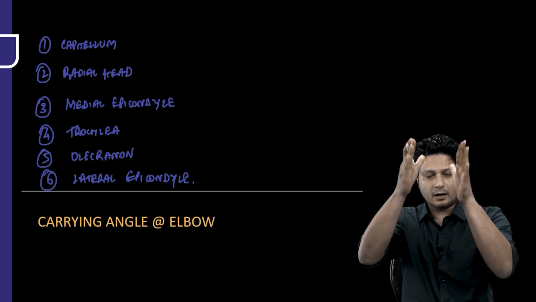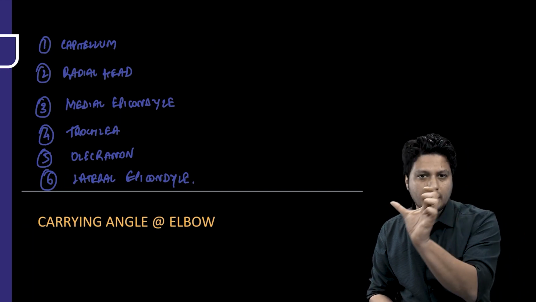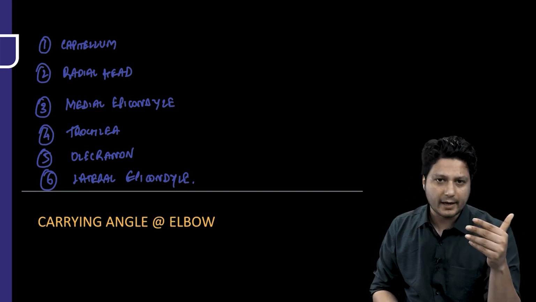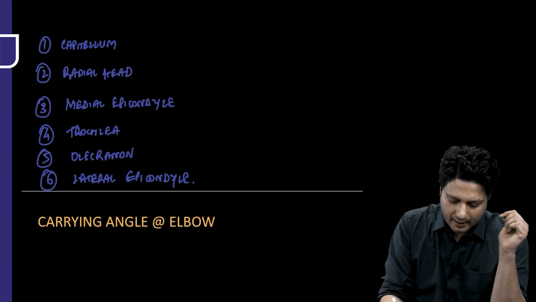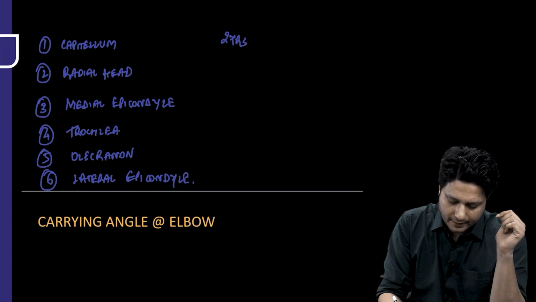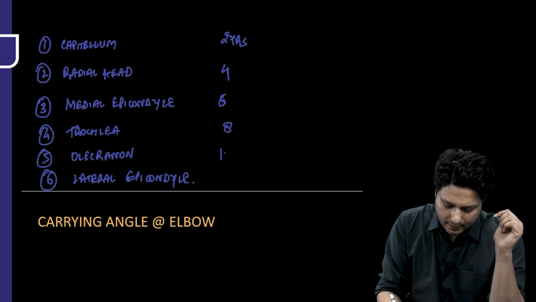Alright, so this is the sequence in which these 6 ossification centers will appear around the elbow and on the x-rays. Now, how to remember the sequence? Capitulum will appear at 2 years of age, while radial head will appear at 4 years of age, medial epicondyle 6 years of age, trochlea at 8, olecranon at 10, while lateral epicondyle at 12 to 14 years